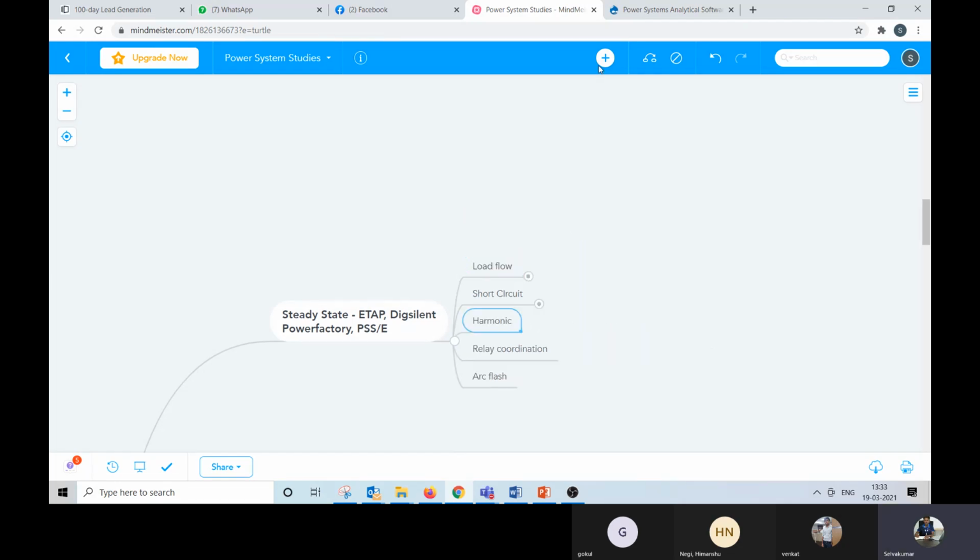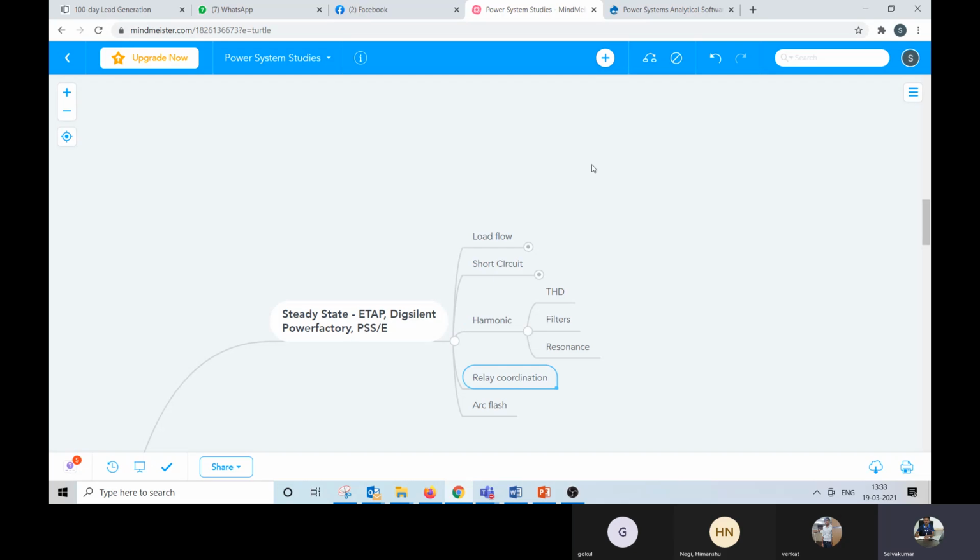Like, why do we need to perform harmonic analysis? To find out the total harmonic distortion at the point of coupling. It helps you to identify whether we need filters to mitigate. It also probably helps you to identify if there is any resonance in the system or not, right? And when is harmonics mandatory? If you are going for any power electronic device, like solar inverters, battery energy storage systems, UPS, arc furnace, any nonlinear loads, then you also need to perform harmonic analysis.